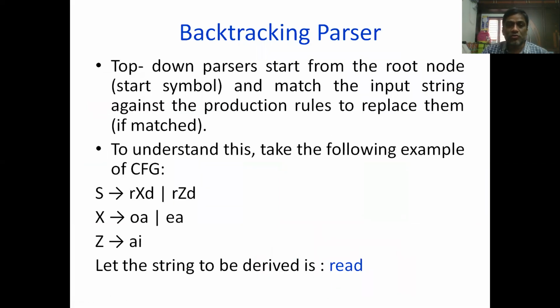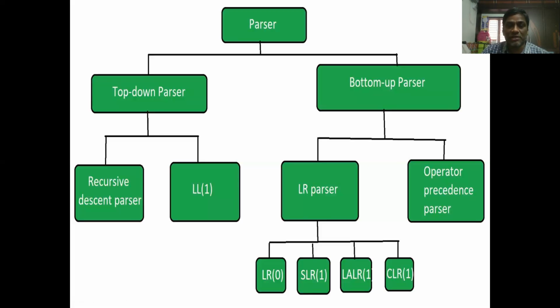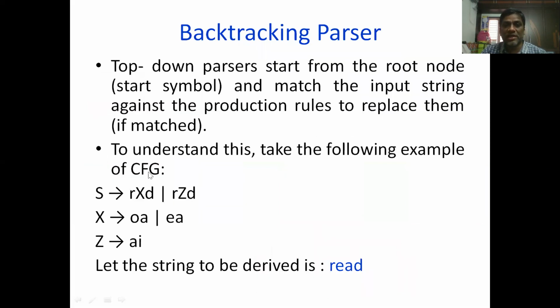So we will start designing the first category of parser. What is that first category of parser? In top-down parsing, the first category of parser is a recursive descent parser with backtracking. And what is the other name for this? Backtracking parser. So let us begin the design of this backtracking parser.